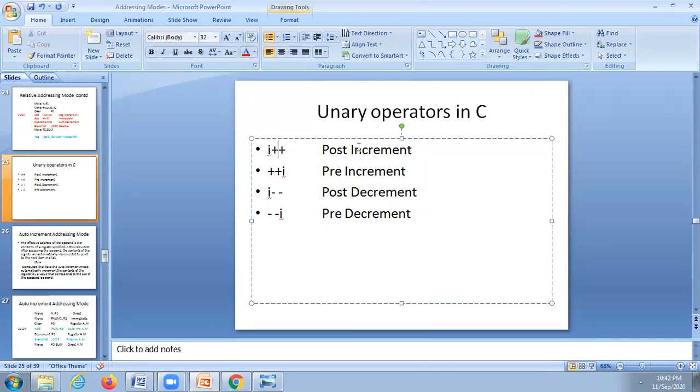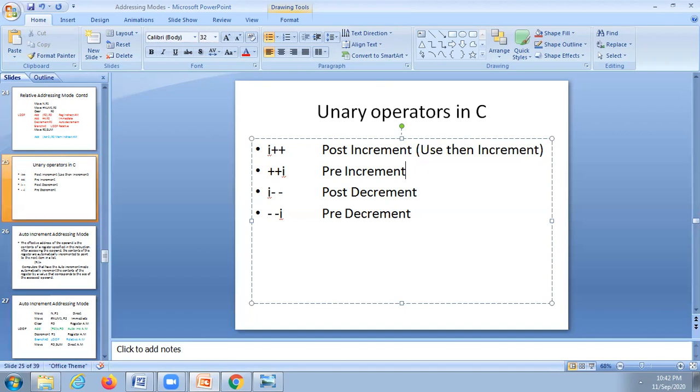I plus plus is called post increment. Plus plus I is called pre increment. Pre means first increment, then use it. Post means first use it, then increment. That is the meaning of it. Post increment means first use, then increment.